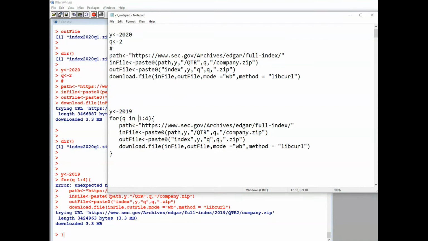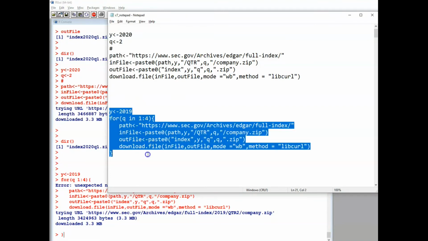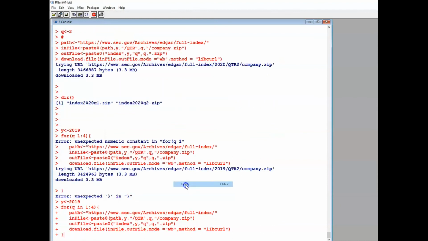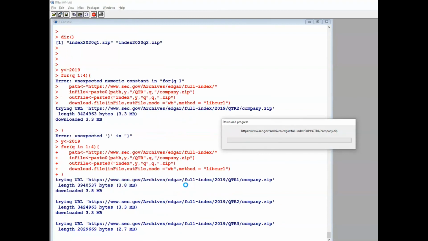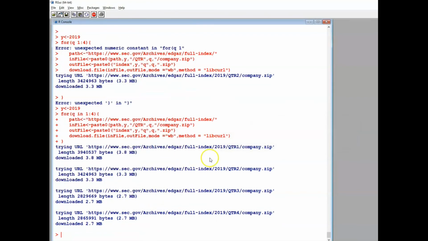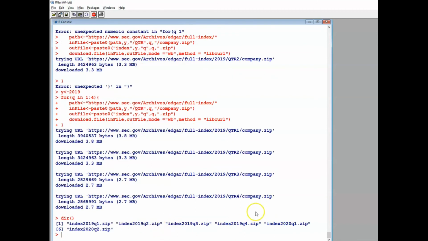Q in, I in. So we do it. We download 4. You see, this is 2019 Q1, 2019 Q2, 2019 Q3, and we use dir and find